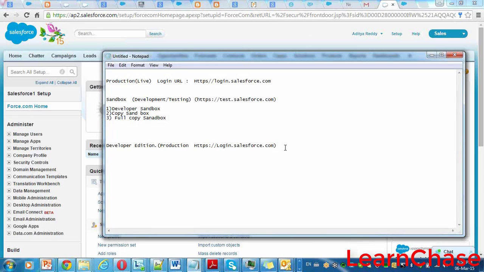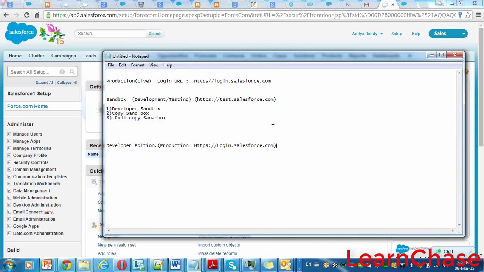I am asking that the account which we created just now, the trial version account, with the developer.salesforce.com URL, will not be useful on the company side. We need to log in to login.salesforce.com in the companies.